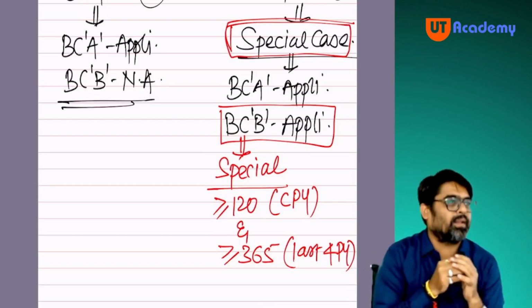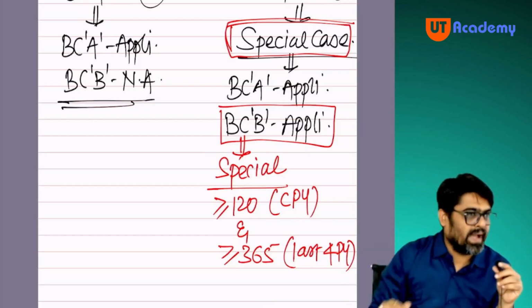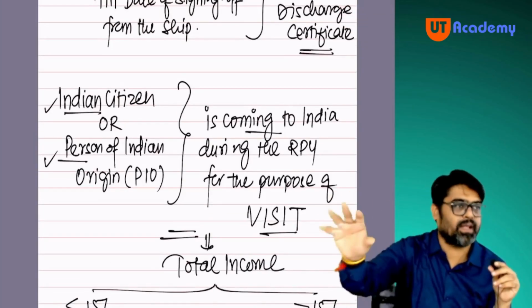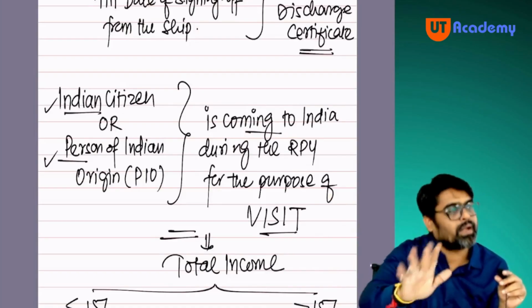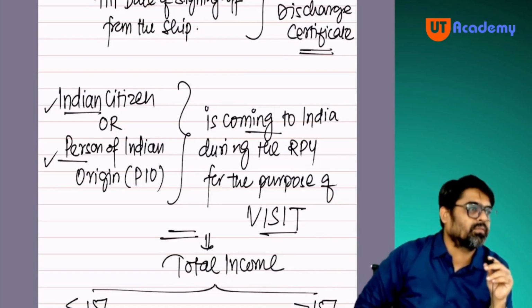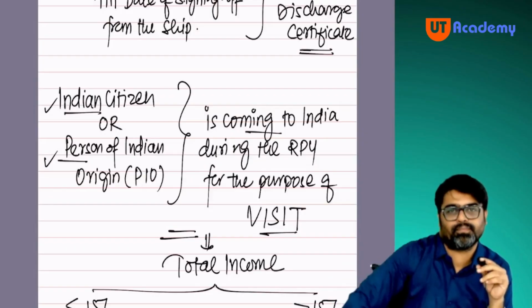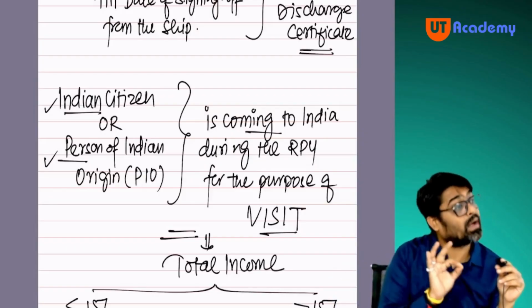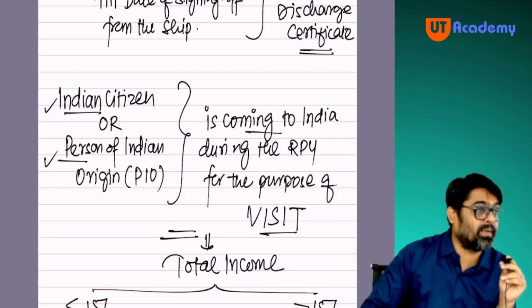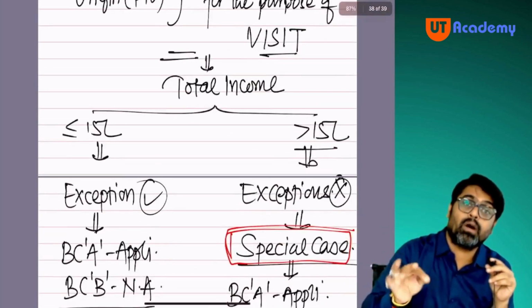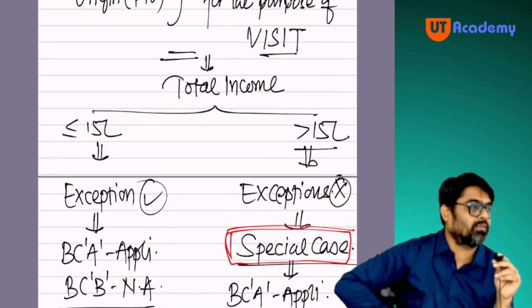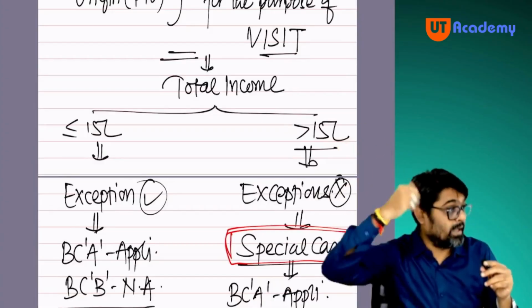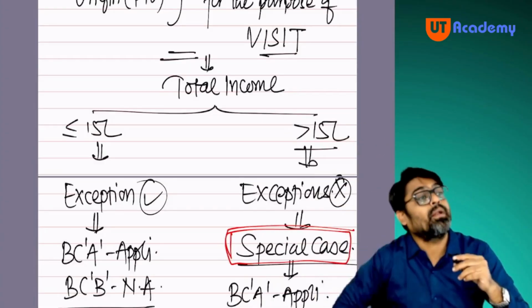See, I tell you one thing. Earlier, 3-4 years back, all the Indian citizens, all the persons of Indian origin, whenever they used to come for a visit, they used to get covered under the exceptions. There was no restriction of total income. But 3-4 years back, they changed. They said now under this exception, only those individuals will be covered who have total income of 15 lakh rupees or less. So other Indian citizens and persons of Indian origin whose total income was more than 15 lakhs,